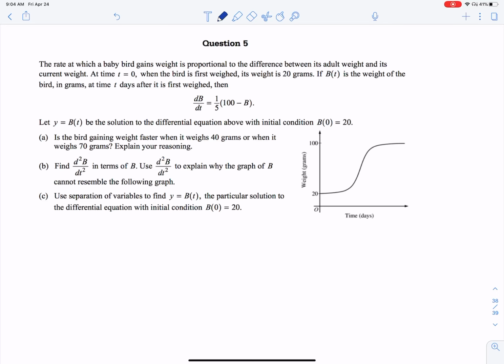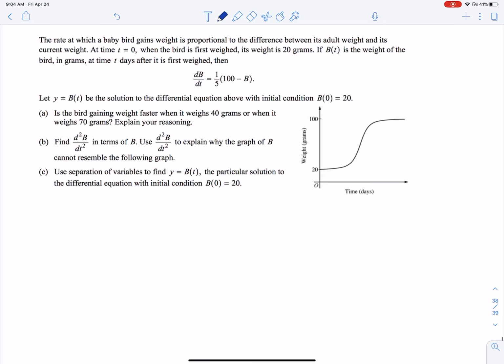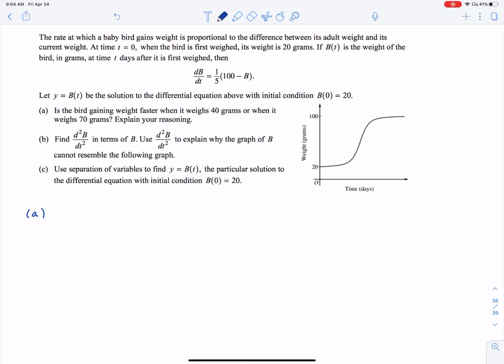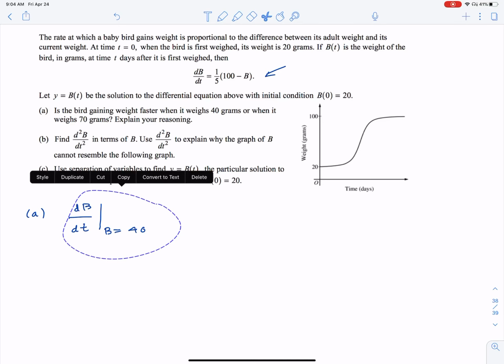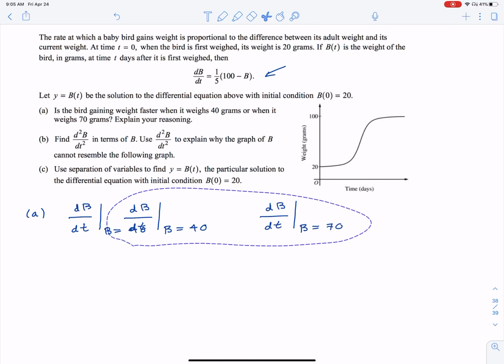Okay, so let's look at part A. So part A is asking, is the bird gaining weight faster when it weighs 40 grams or when it weighs 70 grams? Explain your reasoning. So they're asking about the rate of change of the bird's weight at 40 and 70. So this is our rate of change of the bird's weight. So what they're really asking is, if you were to look at dB dt and evaluate it when b equals 40, or I'm going to copy and paste here to cheat a little bit, I would take this,